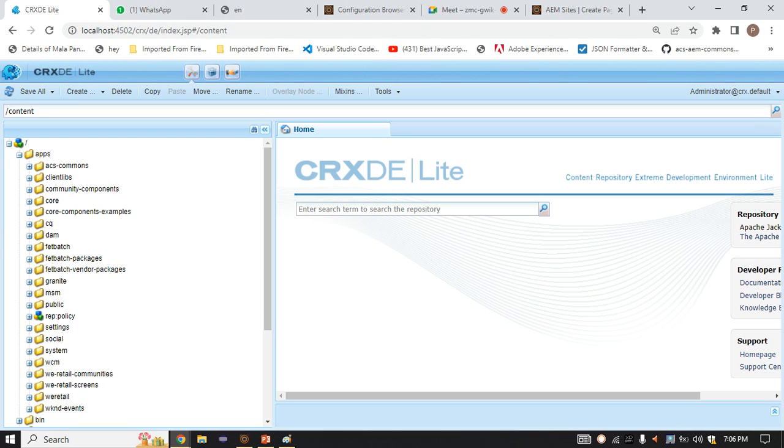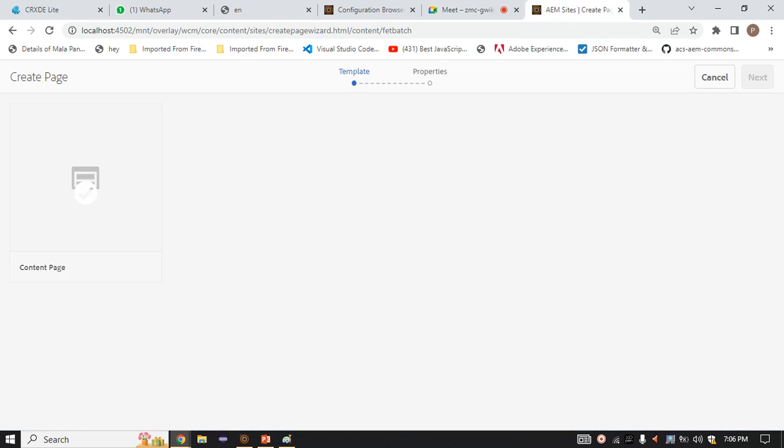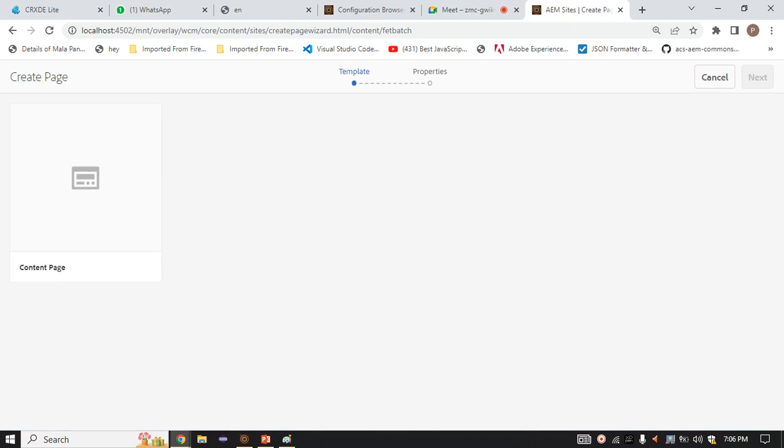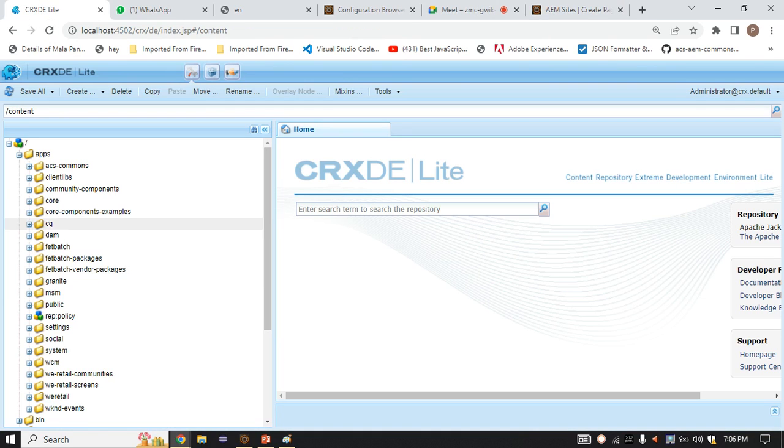So we have to create the template and the page. This one is our template, and for creating the template we need a page. So for that, now we will create. This is the default. Whenever you don't have anything, it will come automatically. It is stored somewhere. Now I'm going to create my own template, but before that we have to know how we can create the